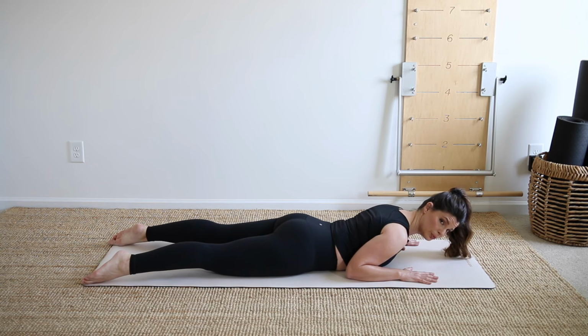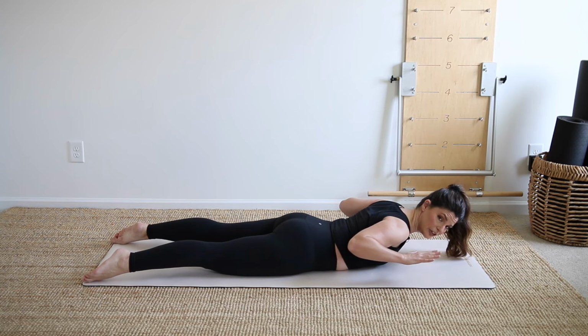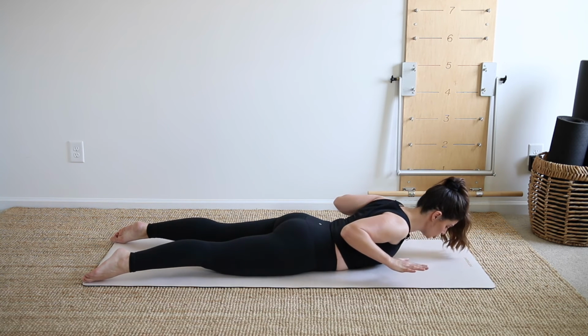You're trying to work through that mid-upper back. From there, I want you to commit to the abs. They're strong. Reach out through the legs and press them down. Float your elbows and your hands off of the mat, coming into a cactus position for those elbows. Think about pulling your shoulder blades toward each other, really squeezing through the back like you're trying to crack a